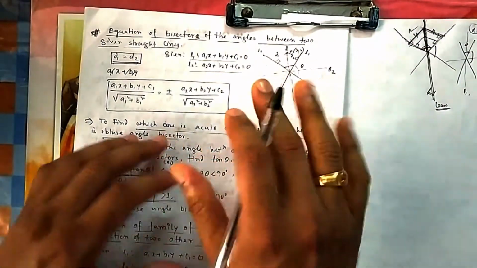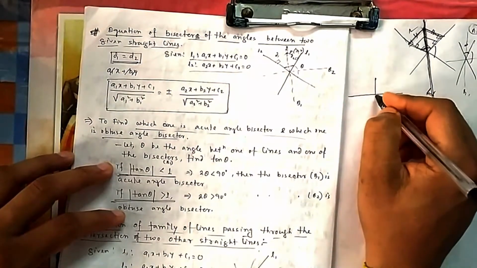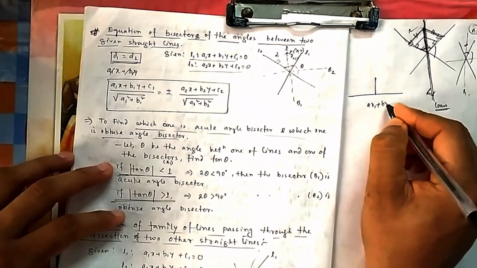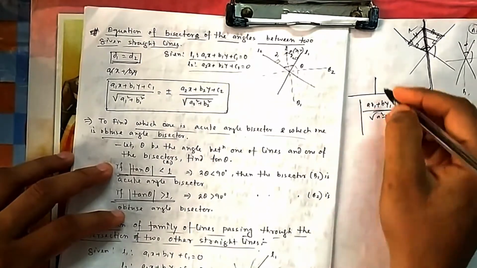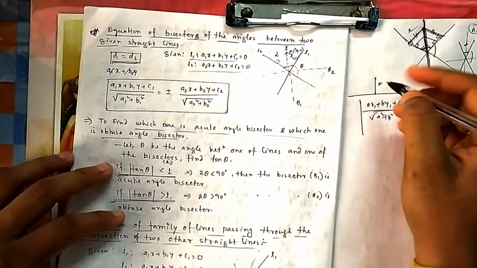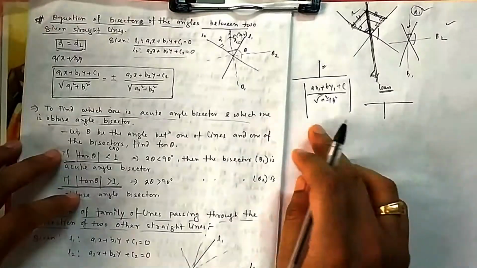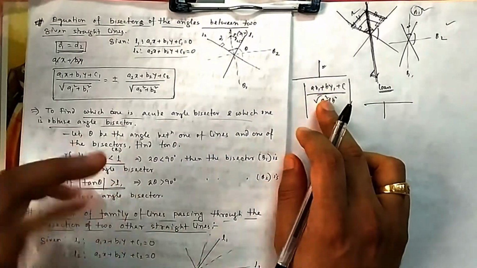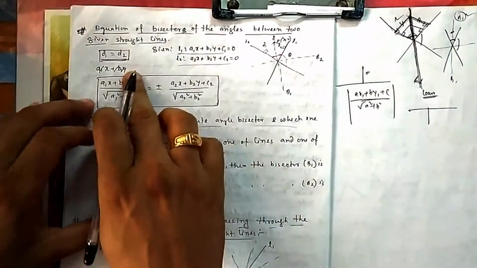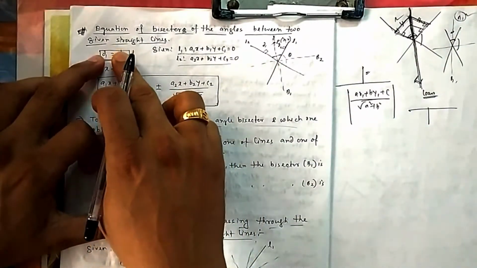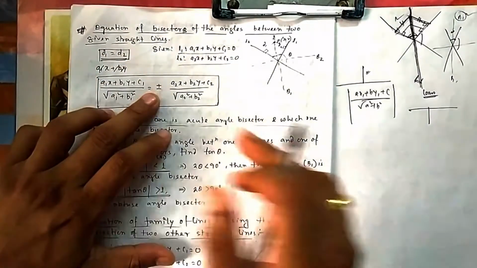Because in the perpendicular distance, as we have seen, the perpendicular distance between a point and a line is written as |ax1 plus by1 plus c| divided by the square root of a squared plus b squared. We have given a mod sign because in some cases it can come positive and in some cases negative, because the point can lie on either side of the straight line. So in some cases it can come plus and in some cases minus, that's why we have given mod. So here also, you don't know which side is positive. Sometimes this distance can be positive and this can be negative, sometimes this can be negative and this positive. So that's why plus minus is given.